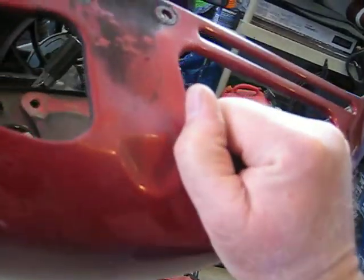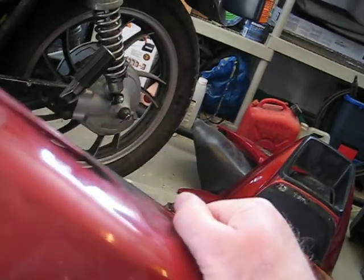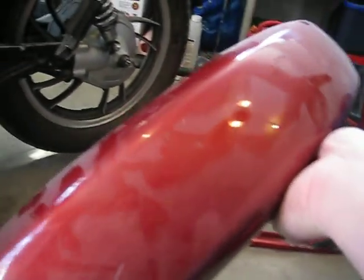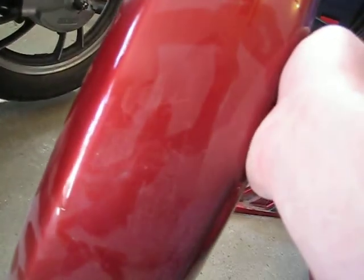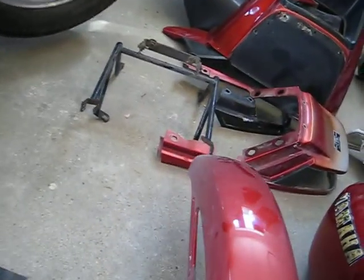Now, it does have a missing bolt, but I can easily replace the bolt. It's in very good condition in the sense that although the paint needs to be redone, I don't see any obvious bruises or contusions on this bike, on this fender. The same thing applies to the metal